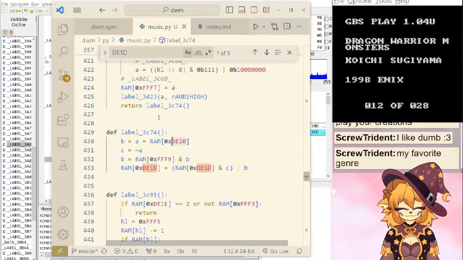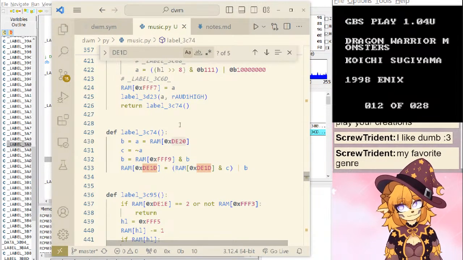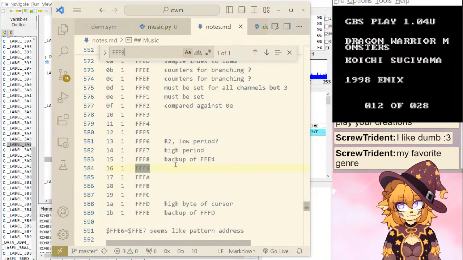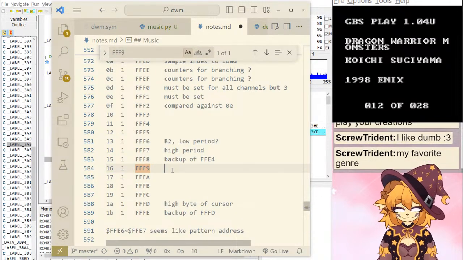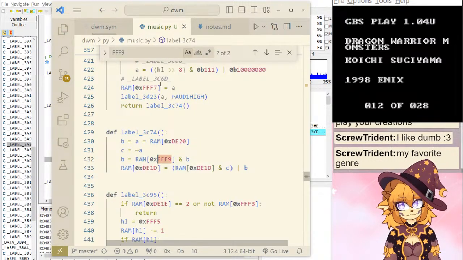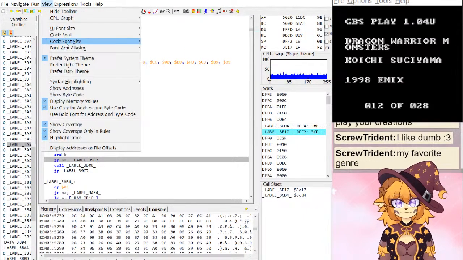They do a lot with panning in this, and I don't really understand why. But FF9 apparently relates to panning. I'm going to look at the current memory state, I guess.